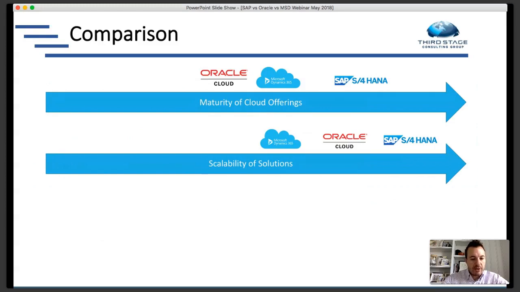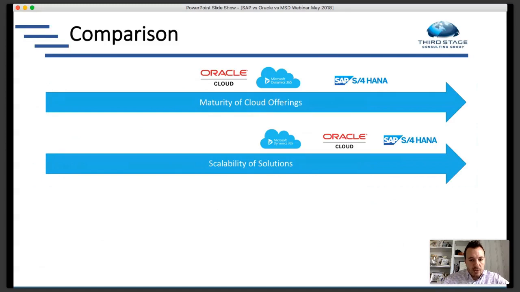There are many different definitions of it. You could also be talking about technical scalability. Can it process a certain number of transactions and whatnot? All three of these systems are scalable. They can handle Fortune 500 or Fortune 1000 organizations, and all of them do support Fortune 500 and Fortune 1000 organizations. But when I look at true scalability, as far as which one is going to allow me to scale the easiest and fastest, if I'm a global company trying to standardize my operations, I'd give the slight edge to S4 HANA, followed by Oracle Cloud, and then Dynamics 365. Less so, although my opinion is that D365 is catching up to the other two in some ways.